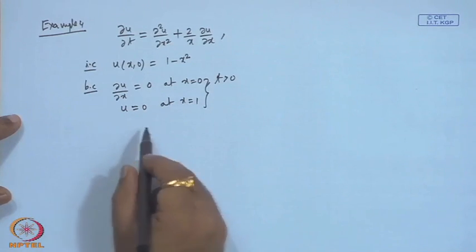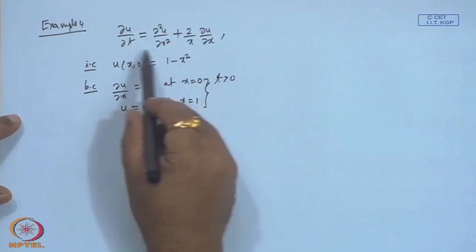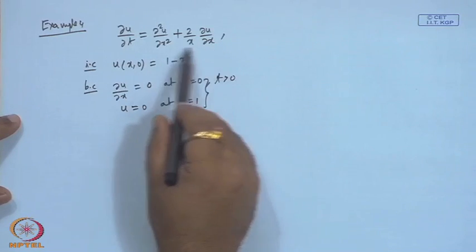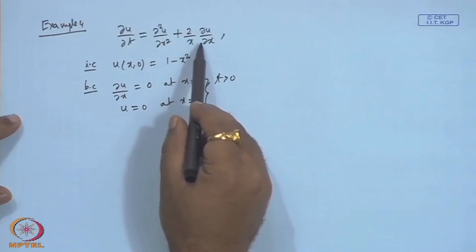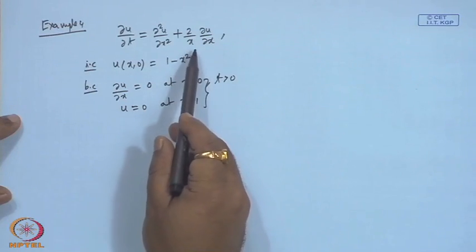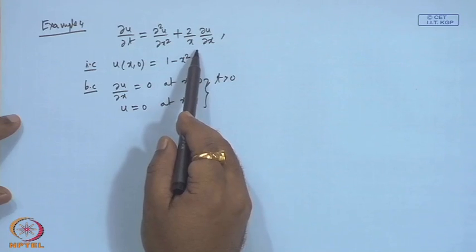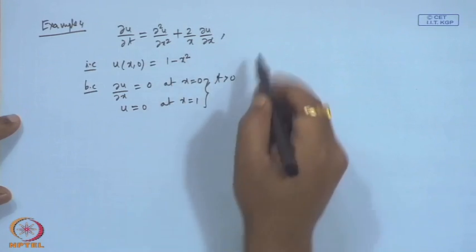Okay. So, it is slightly different from what we have been considering because of presence of this term. Okay. Now, this presence of this term creates a slight trouble because our domain is